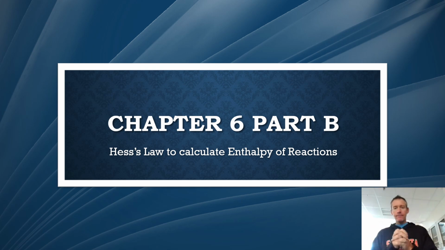All right, guys, this is part B for chapter 6, which is Hess's law, and probably one of the more difficult types of calculation for enthalpy, because it's not a similar equation like MCAT and using a calorimetry. This is using known values of enthalpy and taking different pathways to get to the final reaction. So this is probably the harder of the three methods, and make sure you follow along the steps and rewind